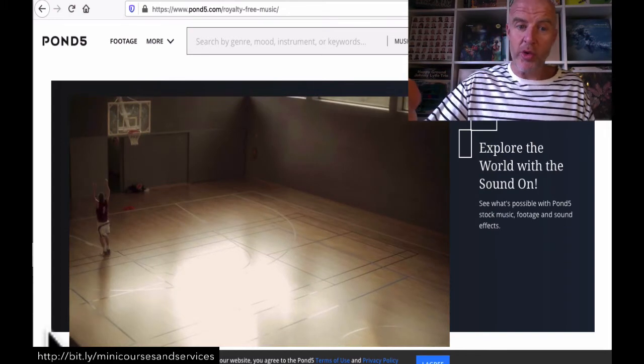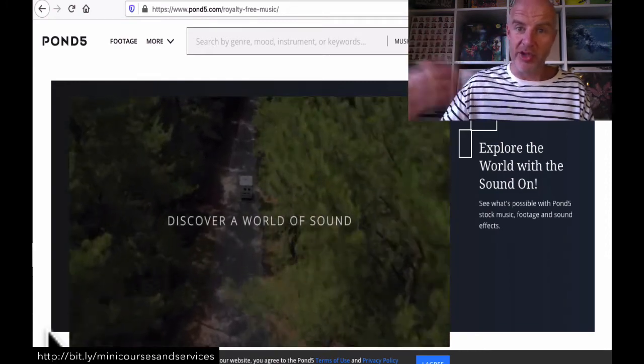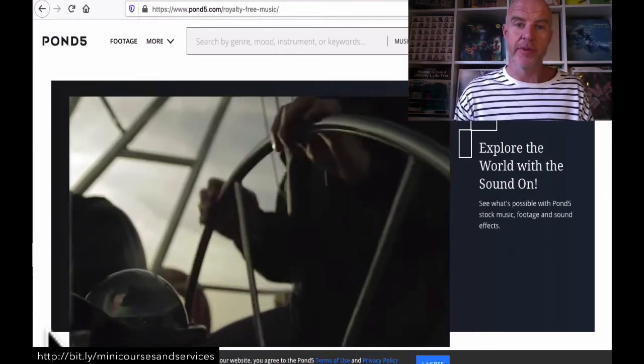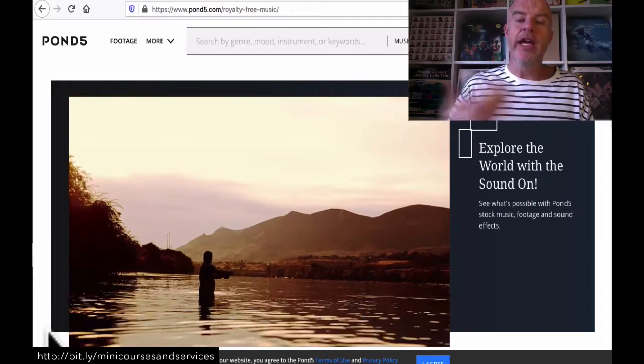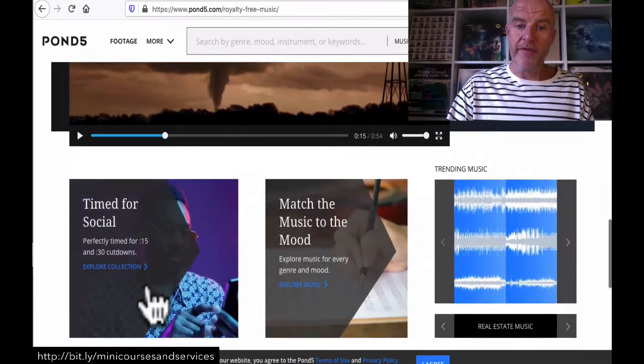So in this example, this is for sound effects. If you want to add some nice sound effects to your video or your podcast productions. Okay, and so on and so forth. We don't need to watch all of that, but if you come across to Pond 5,